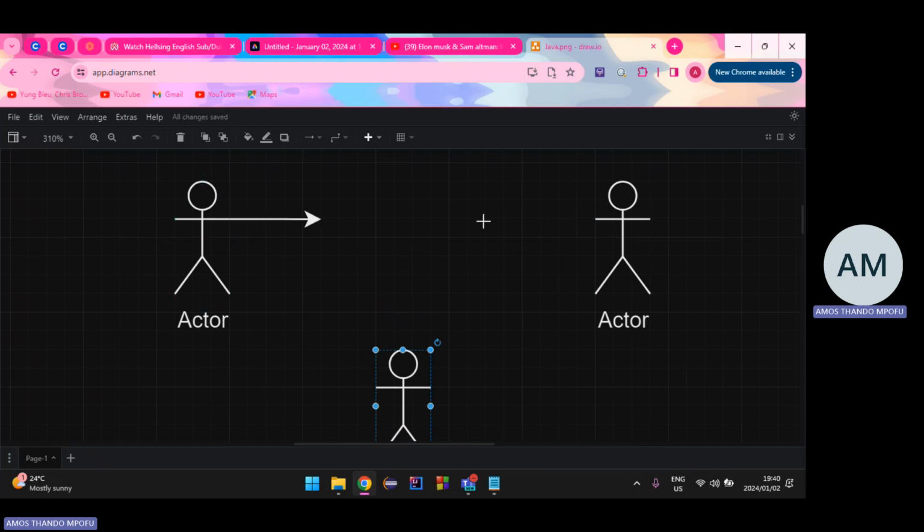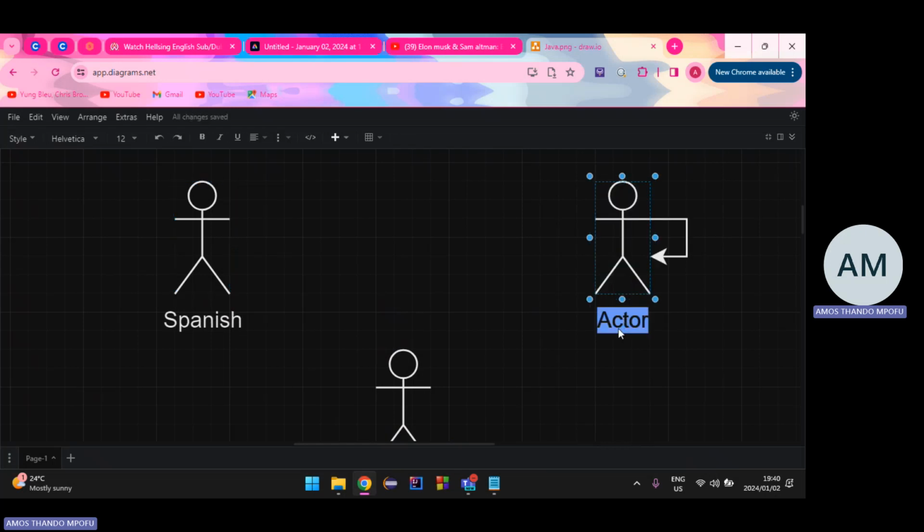This person wants to communicate with this person. They're trying to talk to each other, but there's an issue here. The issue is that this person speaks Spanish and this guy speaks Italian. That's the problem. So now I'm sure you're asking yourself: how are they going to be able to understand each other, right?